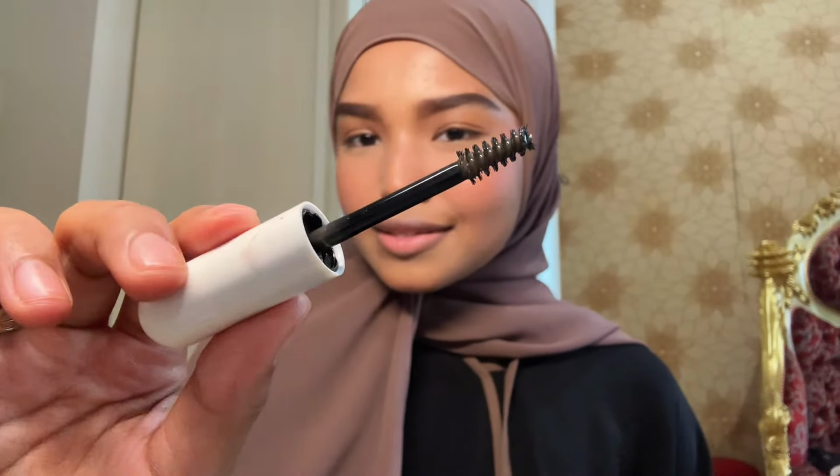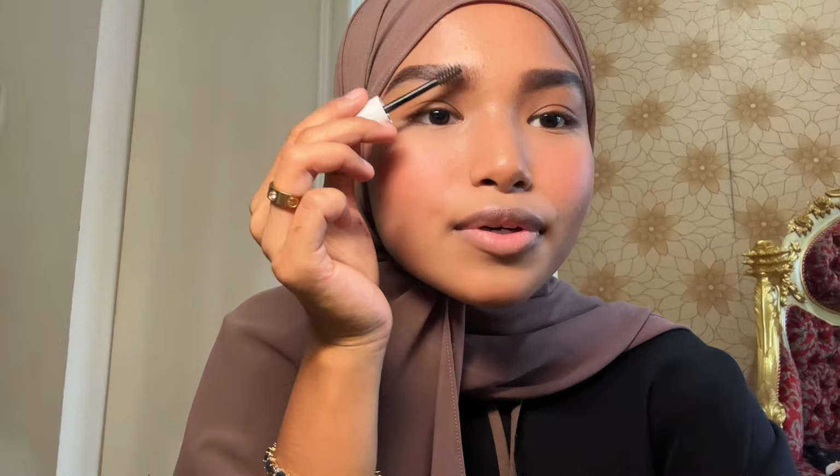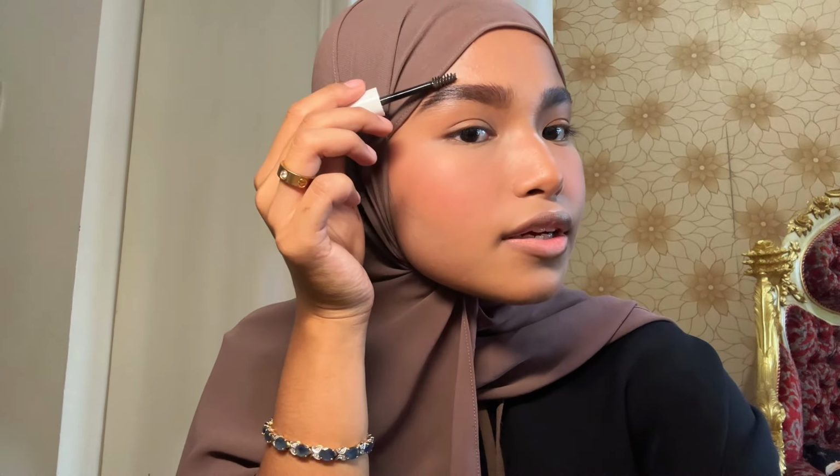The last step to my eyebrow routine is my clear eyebrow gel. This is by Azarine. It's a very small spoolie. Why? It's cute, honestly. We're just gonna brush up following our eyebrow shape. For the tail, I like to just swoop down. I feel like the two main things in makeup that actually make makeup really good are your brows